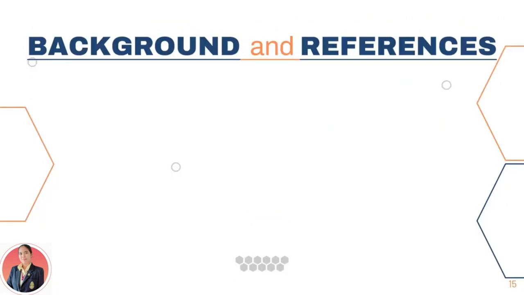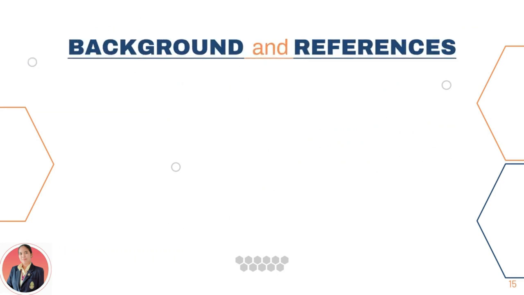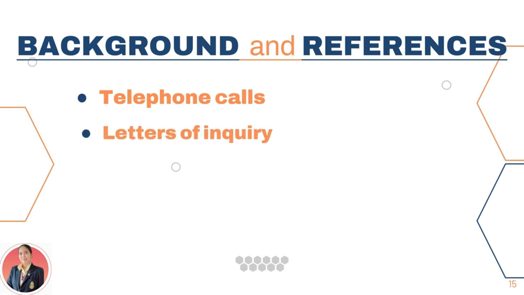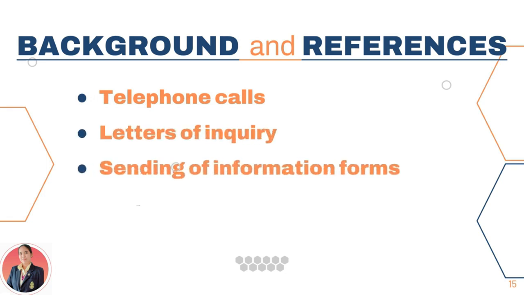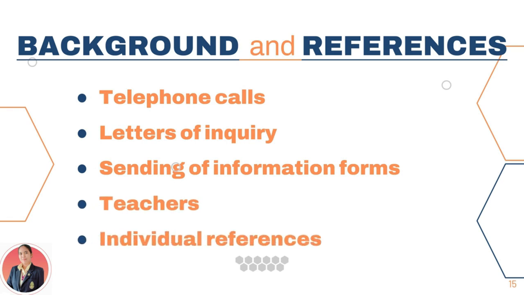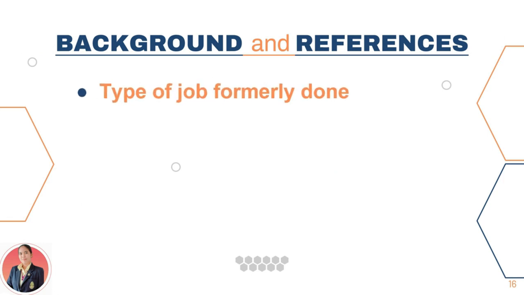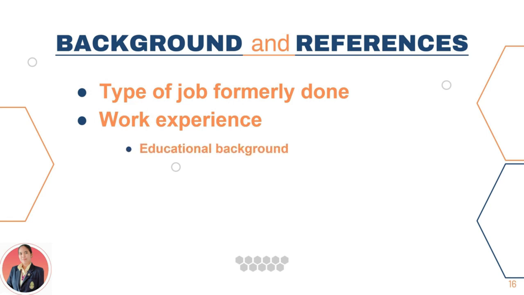Various checks on applicants' background and references are used, such as telephone calls, letters of inquiry, sending information forms to the applicant's former employers, teachers, and other individual references. These are to determine the type of job formerly done by the applicant and how efficient his performance was. It also determines his work experience and his educational background, which indicate the applicant's can-do,